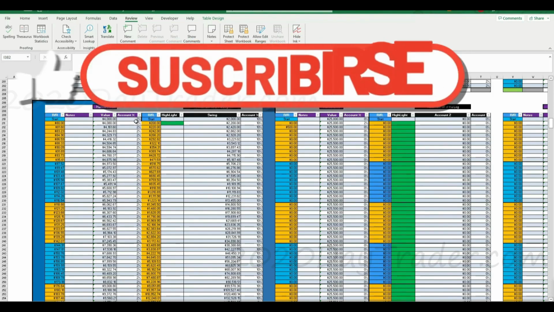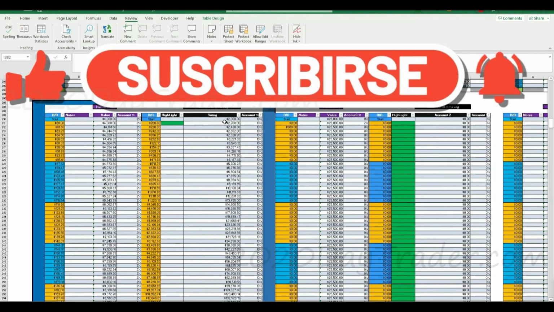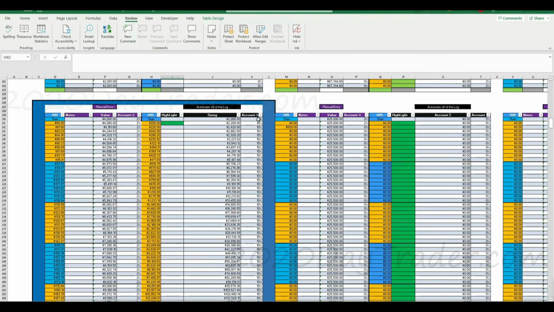So here we are in our swing account. $2,000 is my starting balance in my account. My max risk is 10%, not per trade, but combined total of 10%. So my group of trades I'm in right now, if all of them hit, I'll earn 10% pretty much in my account. I've chosen to only trade this number of stocks. So I based my percentage on that, and I'll show you in a second.